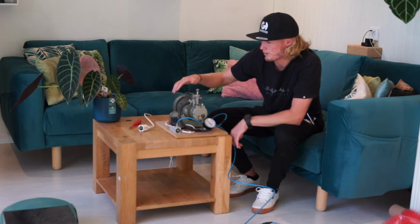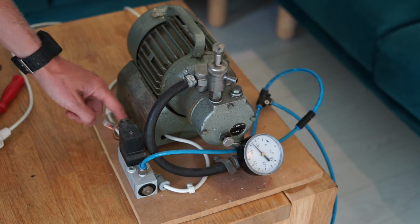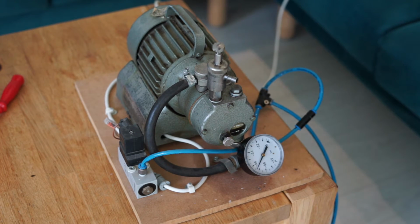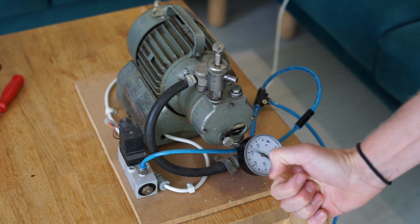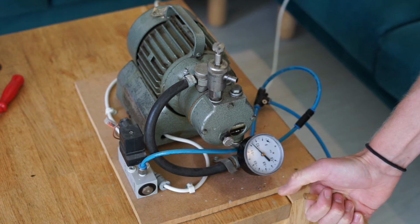So it tells the pump when to turn on again if the pressure is dropping inside the bag or actually rising inside the bag. It's spliced into the power cable so it can interrupt the power going through the pump. When you plug the pump in, it turns on. Now when I create a vacuum, it stops the vacuum at around 0. And when I release it again,